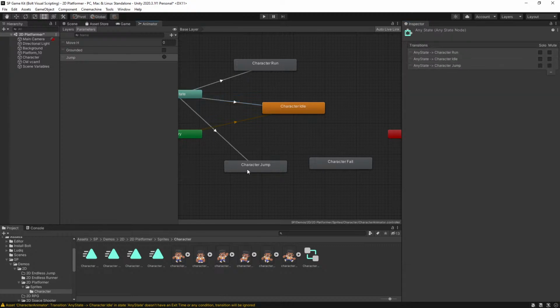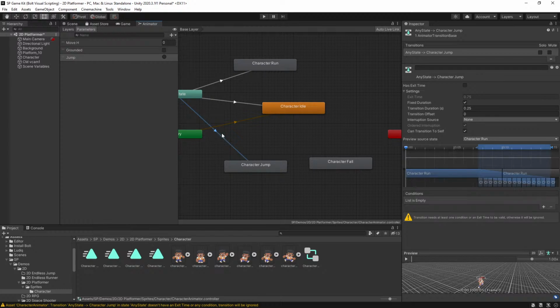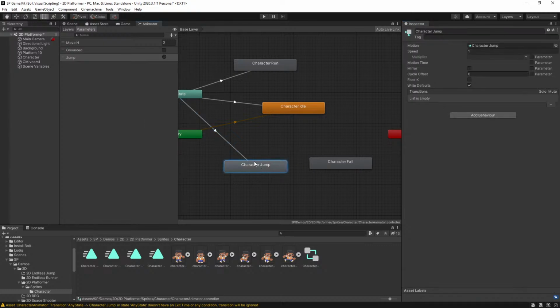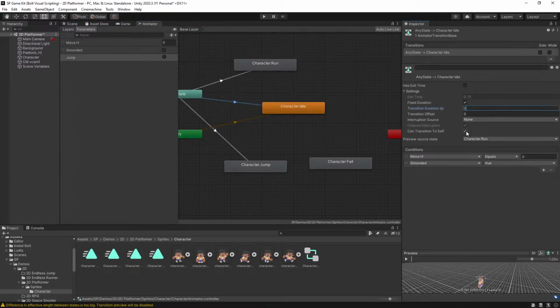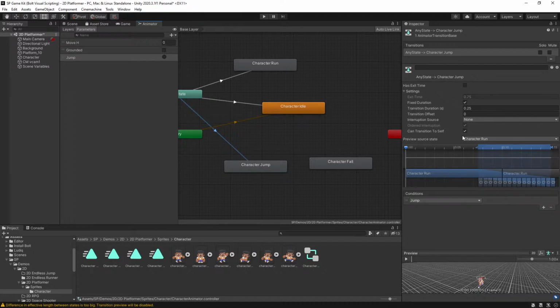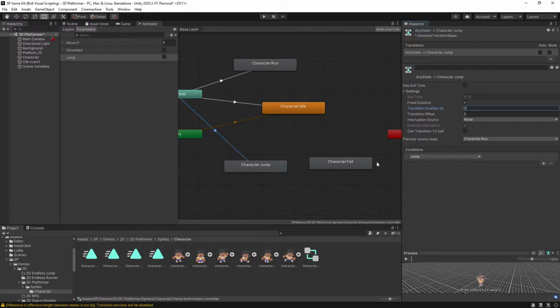And another transition to jump state from any state, and that is if we get a jump trigger. So if jump trigger gets triggered, then we'll go to jump state. So, okay, I forgot to configure can transition to self. We don't need to transition to self here. Okay, so now also disable transition to self and duration at 0,